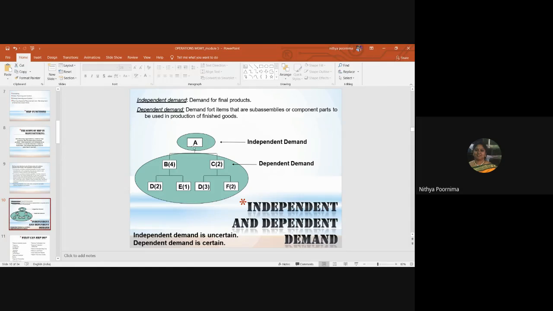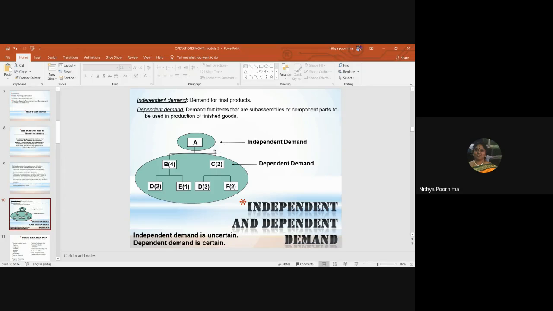The baseline. Now, dependent demand are elements like nuts and bolts. You need 2 nuts, 2 tires, or 2 axles or 1 steering, or so many. These are different attributes given in the bill of materials. Without these dependent materials, our final product cannot be made, so they indirectly contribute to making our final product. So independent demand is uncertain, but dependent demand is certainly required to complete a final product.